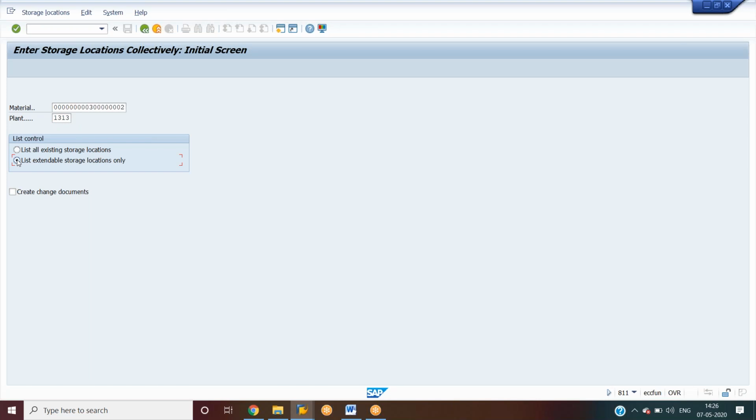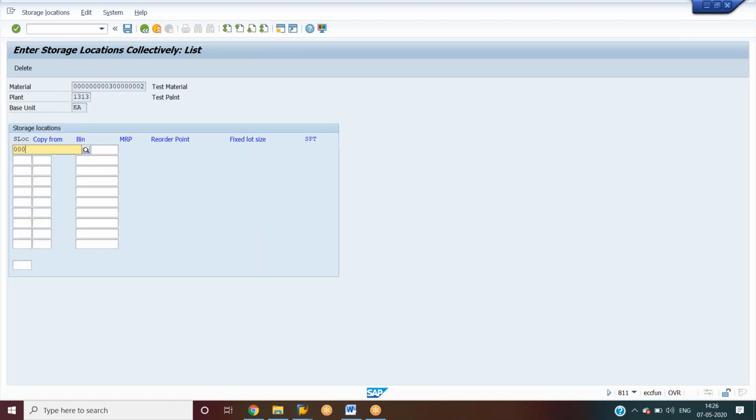So if you want to select only a few particular storage locations, then we need to select this one. Just click this one and click enter and give the storage location 0003. So we are extending this material to the storage location. Just click enter and save it.